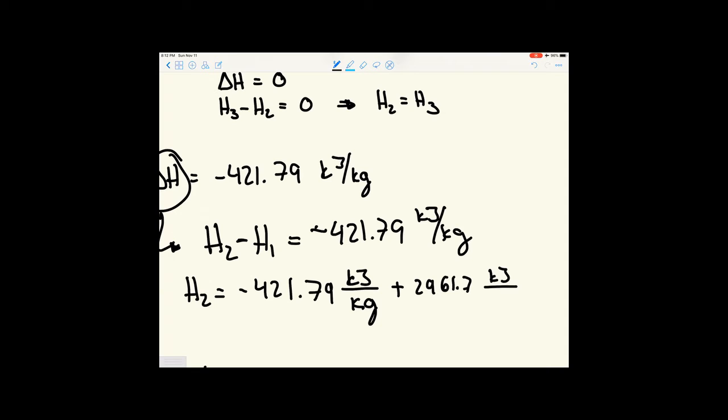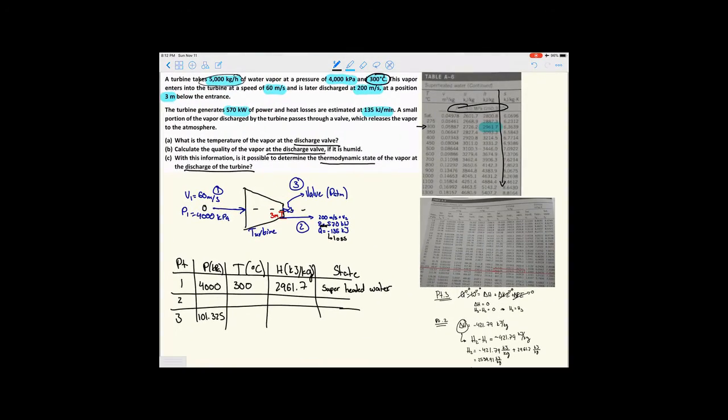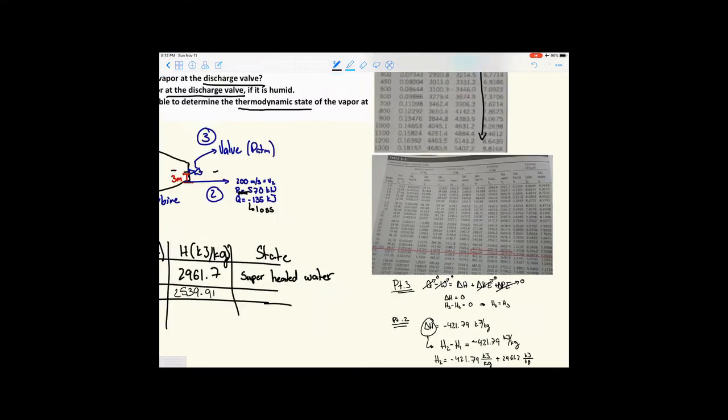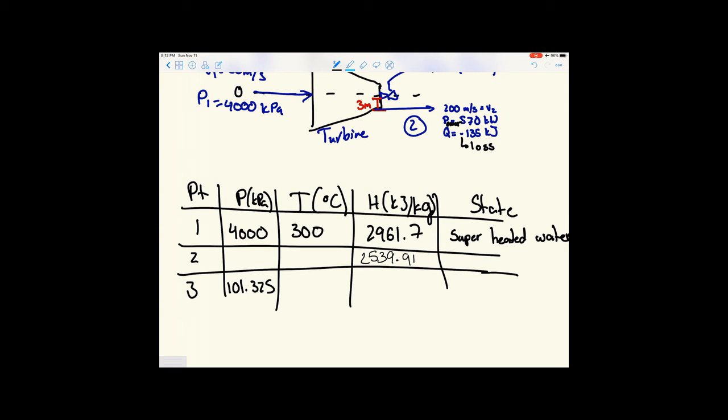Which leaves us with an enthalpy at point 2 of 2,539.91 kilojoules per kilogram. Once we have this, we can go back to our table and fill in the enthalpy value at point 2, which is 2,539.91. Oh, I forgot a 9. Because of our work at point 3, we also know that the enthalpy at point 2 and the enthalpy at point 3 are the exact same, which allows us to fill out this spot in our table right here as well. And once we know that,